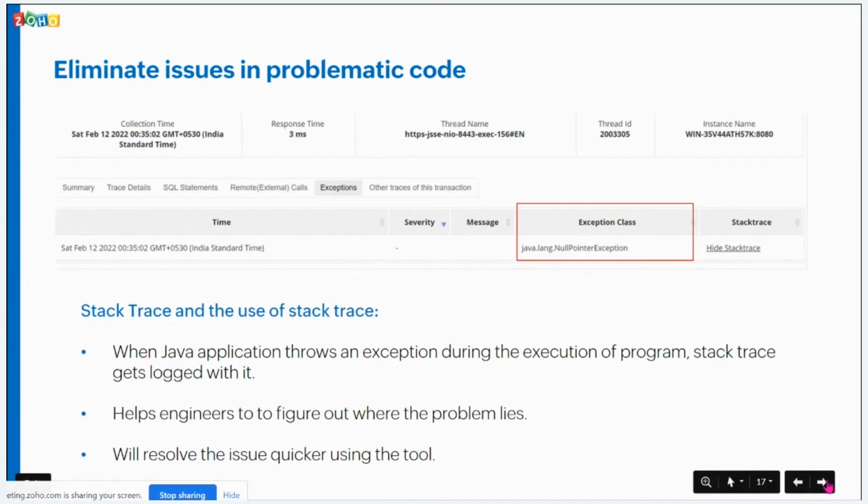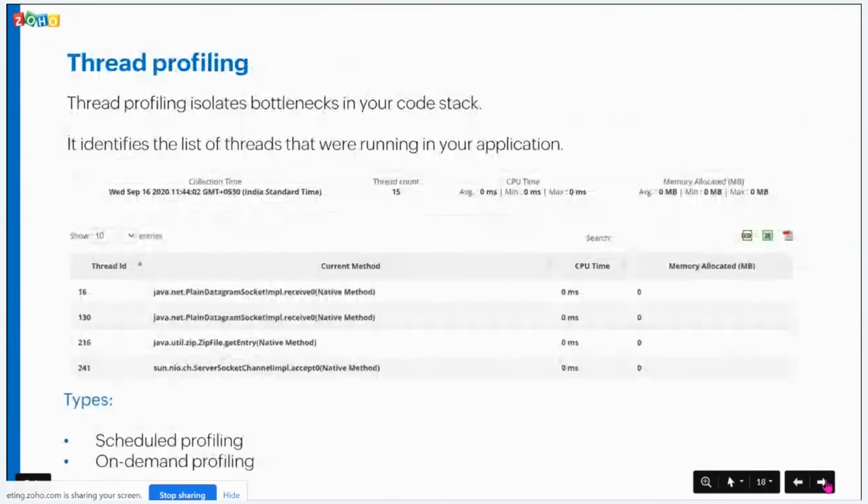Also in Applications Manager, we do have thread profiling. As we all know, thread profiling is to analyze the code performance at a deep level. It will identify and isolate bottlenecks in code stack. We have two types of thread profiling in Applications Manager, that is the scheduled profiling and on